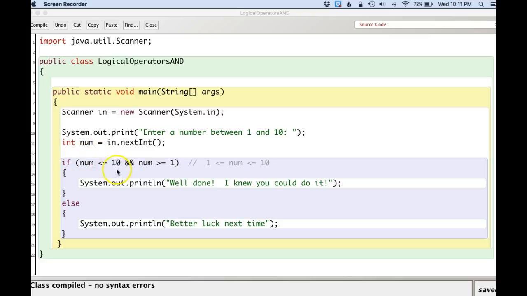So this condition right here is saying the number is less than or equal to 10 and the number is greater than or equal to 1. So that's the same as this condition right here, which is that the number is between 1 and 10, including 1 and 10. So notice that we can't write it like this because with this condition,